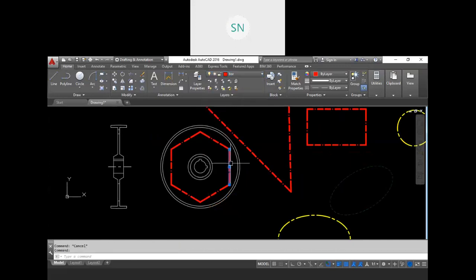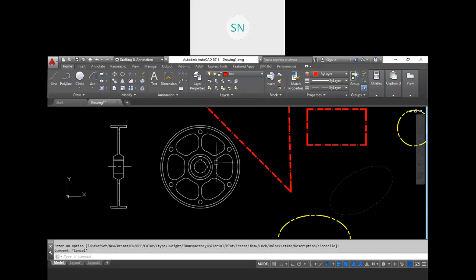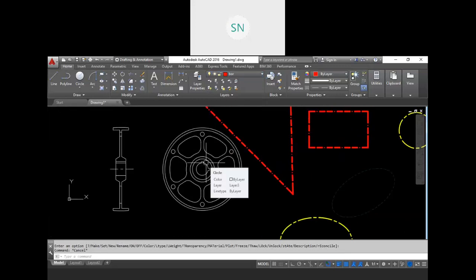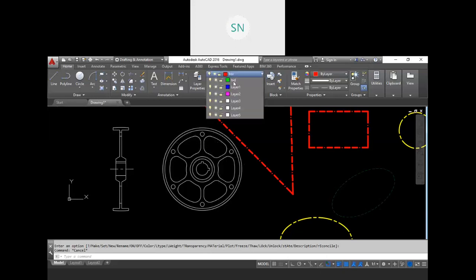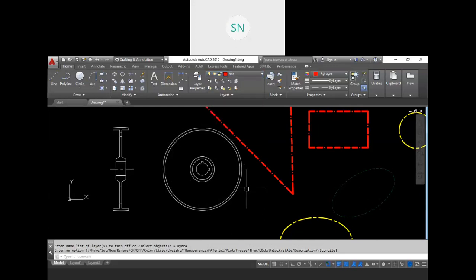For production purposes, let me give you an example from the mechanical side now. If we want to produce this object, this flywheel, right? First, we will create a turning profile on the lathe. For the turning profile we need this type of drawing, right?